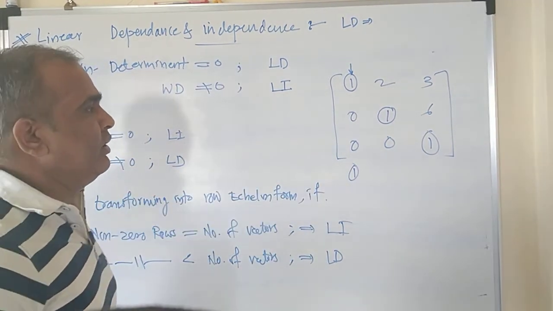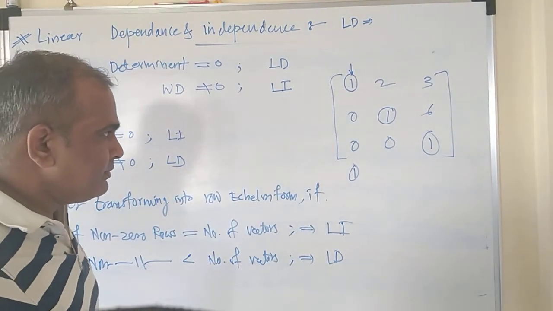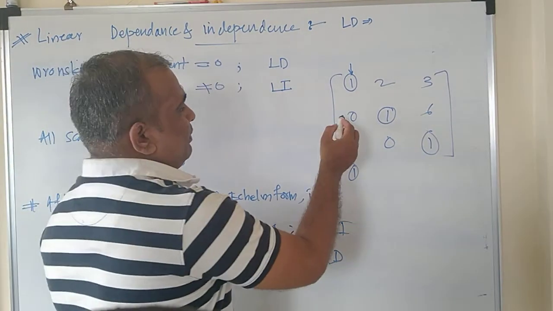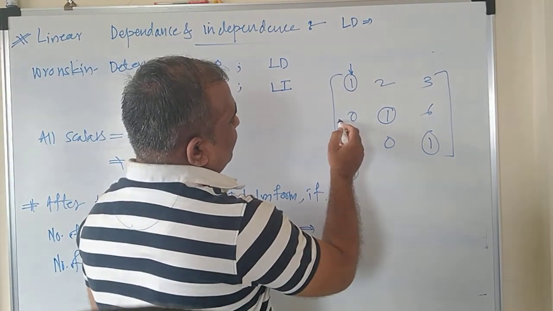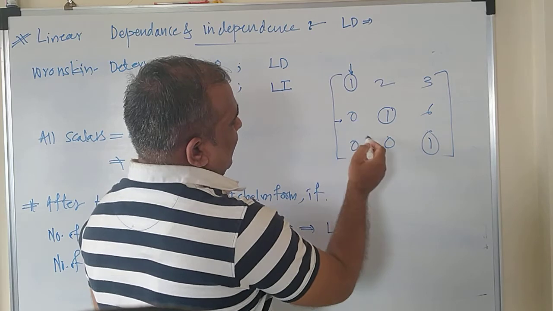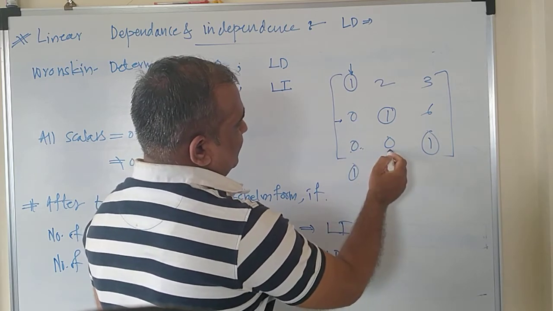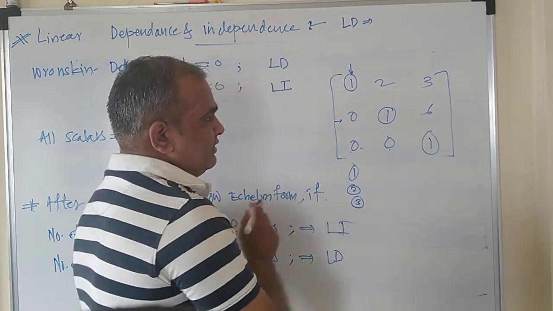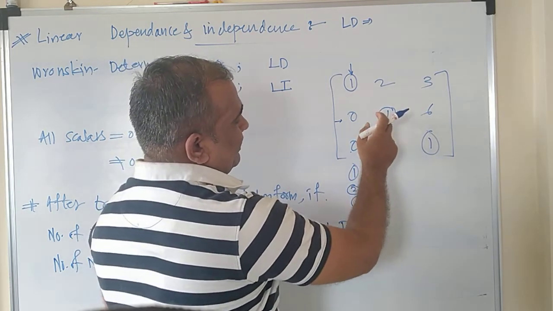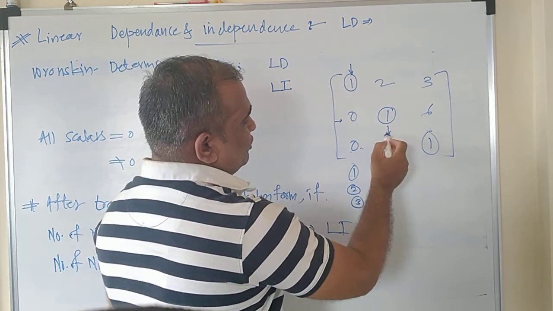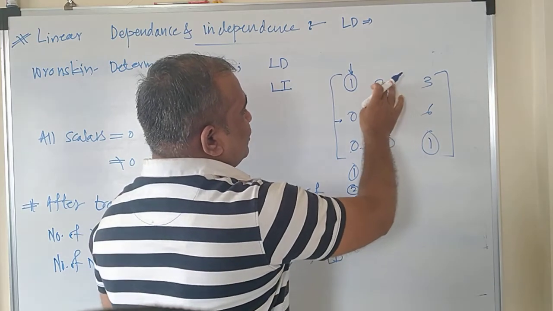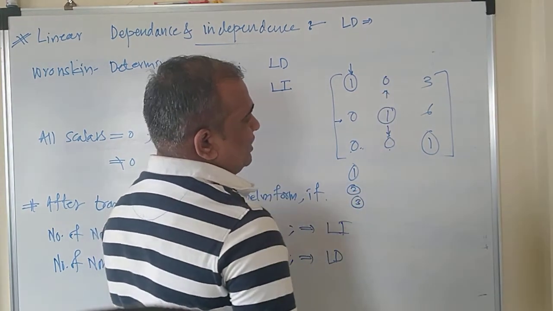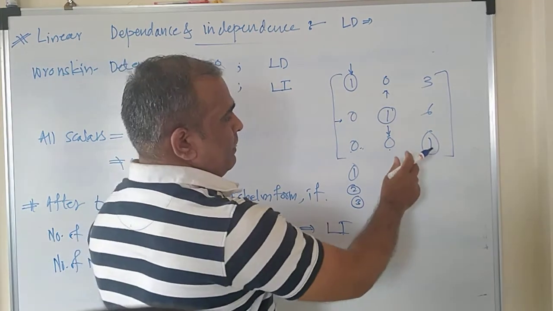Second criteria of the row echelon form is that if in the second row there is a 1, 0, here you should get higher number of zeros. This 1, 0 and this 1, 0. The second criteria. And the third criteria is this: if this is equal to 1 here, below it you should have a 0, and above also you should have a 0. This is the third criteria, isn't it?